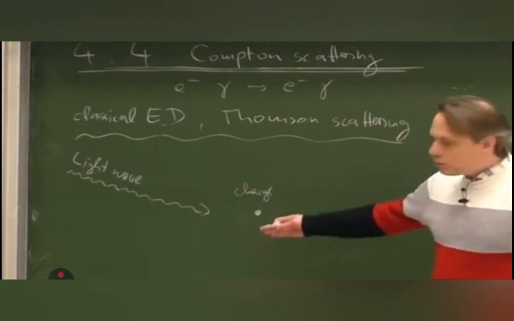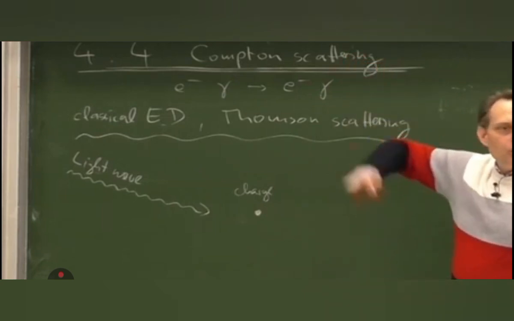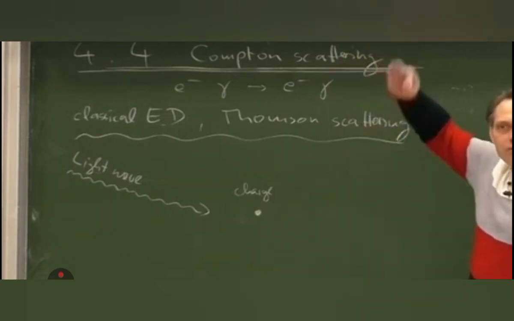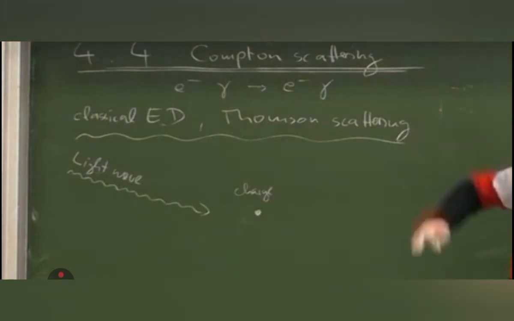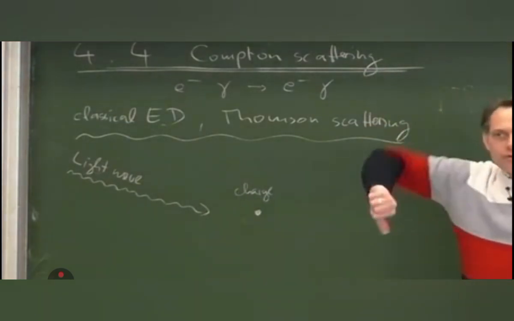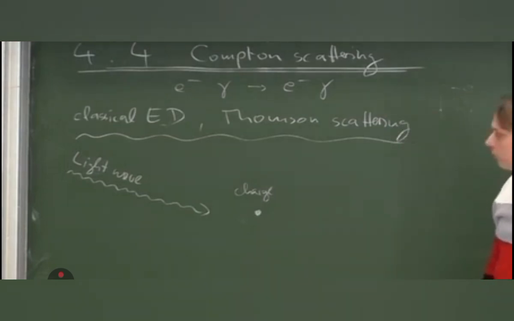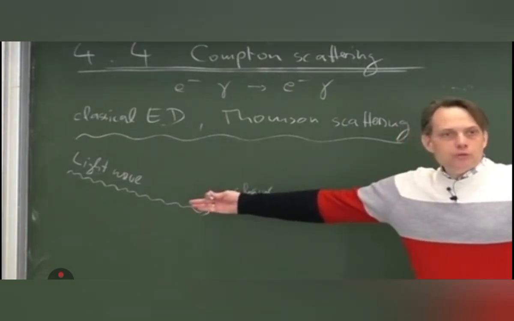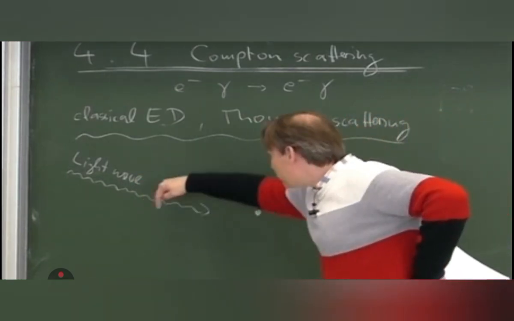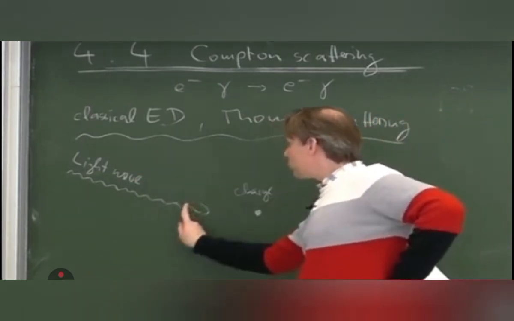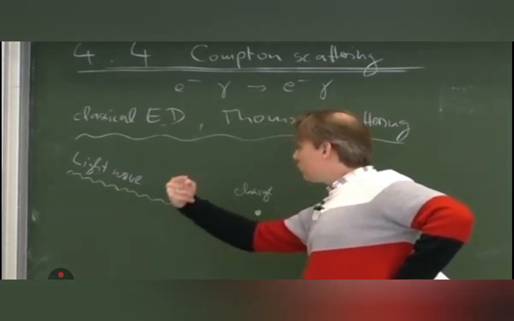Then the charge experiences an oscillating electric field. Because of the oscillating electric field, the charge moves up and down, accelerated by the field. And since the field oscillates, positive and negative, the charge of course will do an oscillatory motion with the same frequency as the original light wave. So if the light wave looks like this, then the electric field is perpendicular to the wave. It could go either in the direction of the blackboard or perpendicular to the blackboard.